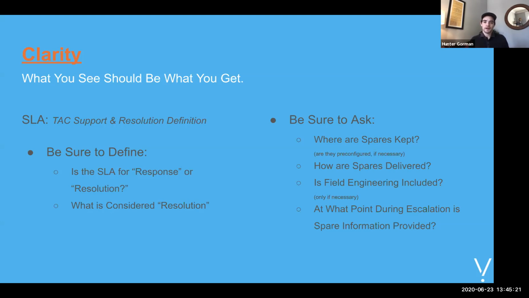Or am I going to have to sit there and really, really work to get that thing ready to be installed into my network? Erin, around these questions, and again, I shamelessly steal from you all the time, most of the slide deck. Talk to us about really getting into the nitty gritty of that SLA, getting down to the spare, the asset level spare, that granular detail.